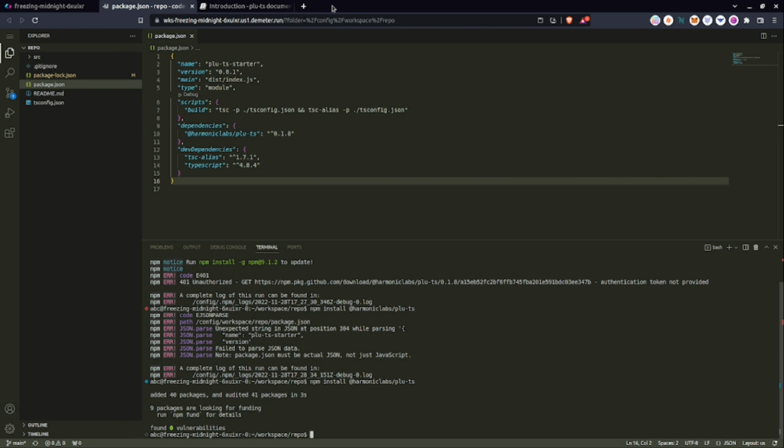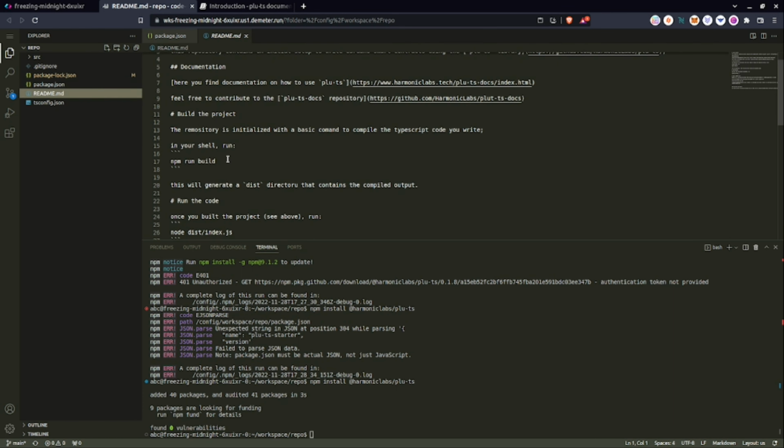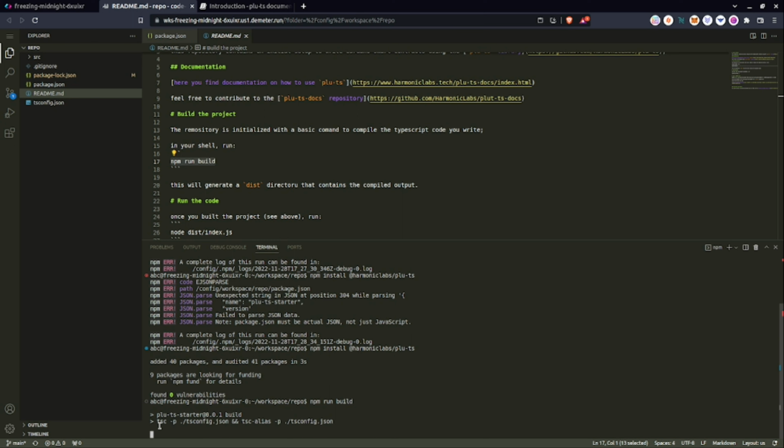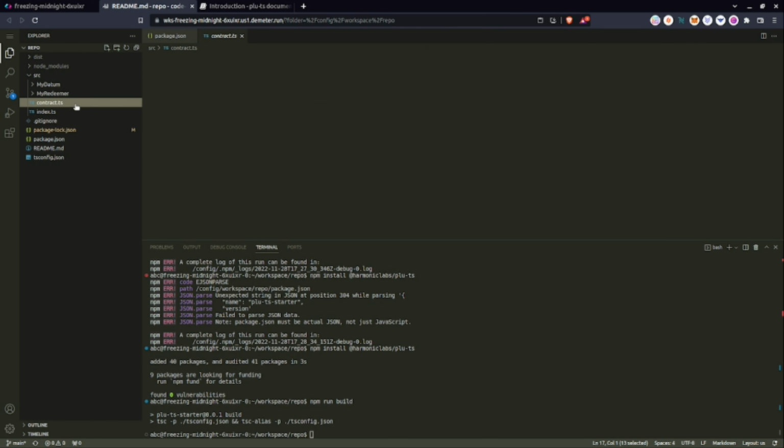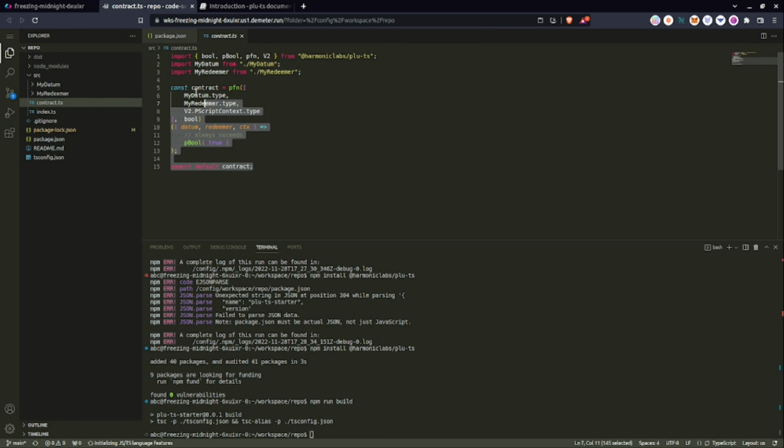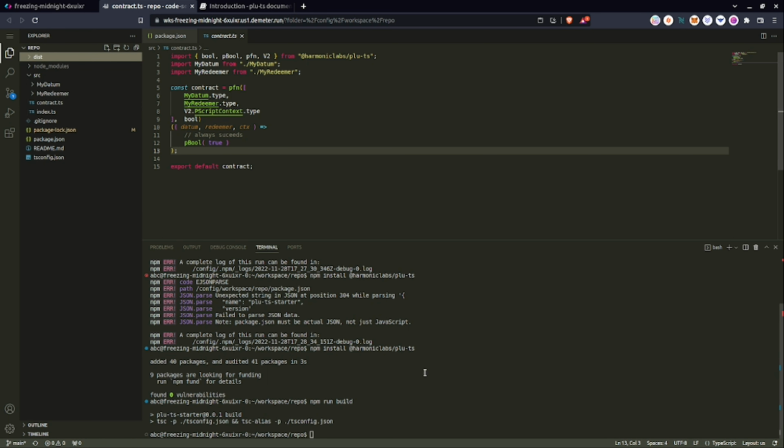And by following the commands that were present in the README, we just need to run npm run build, and this will use the TypeScript compiler to compile our code, which in this case is our contract, an always succeed contract, very simple. And now we'll have our code in the dist directory. So we just need to run node dist